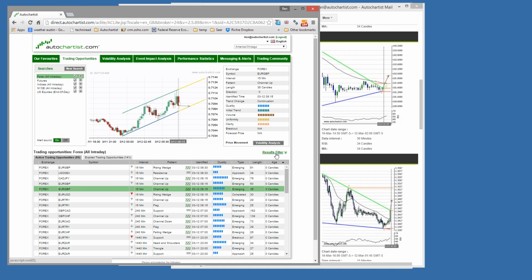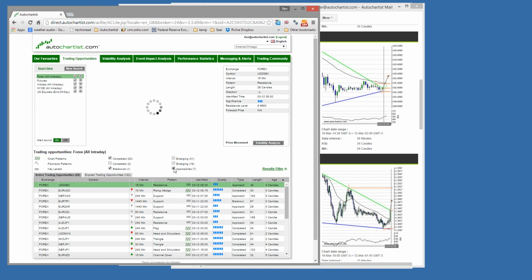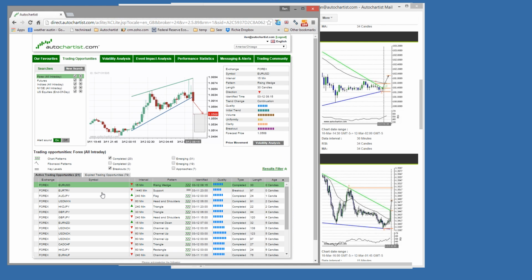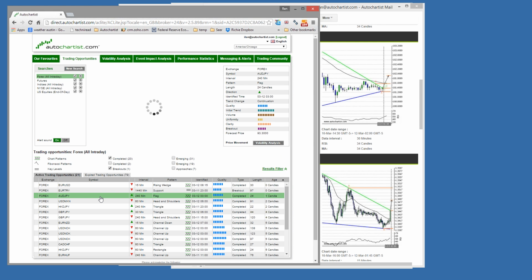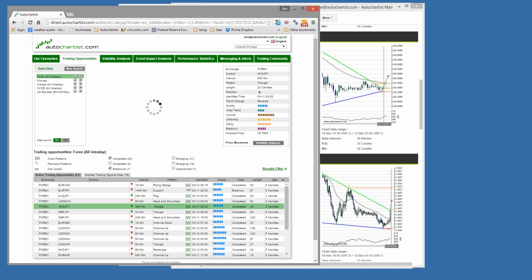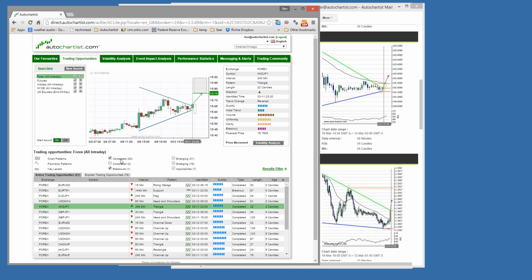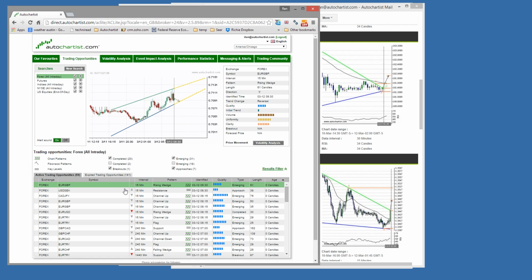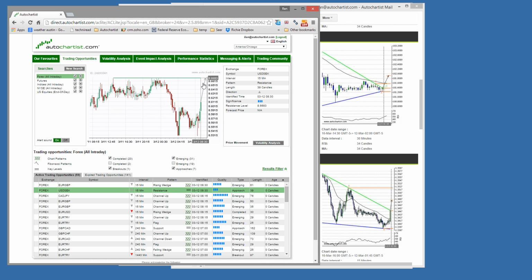So if you only want to see your breakout patterns, then we can filter them and your screen will change to only providing breakout patterns, right? And those are signified by the colored red or green arrows. As soon as you bring in the emerging patterns, you'll find that you get these gray candles. Those gray candles signify that this is an emerging opportunity and has not yet broken through a support or resistance level.